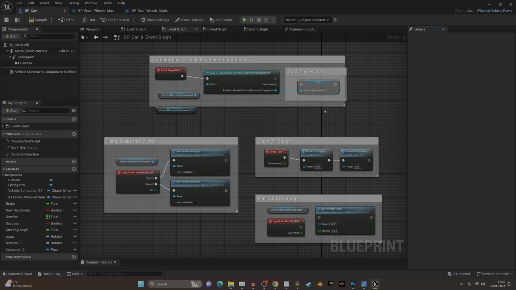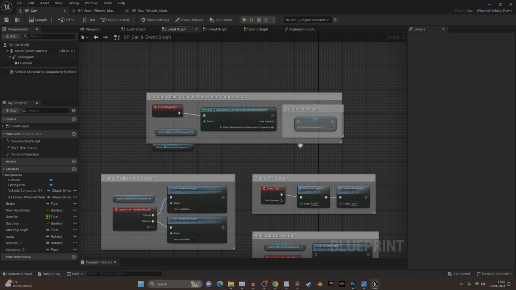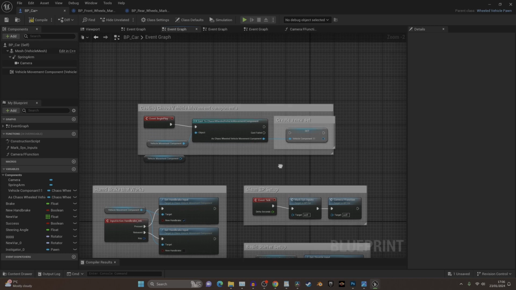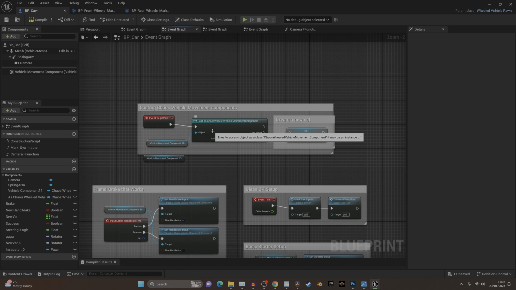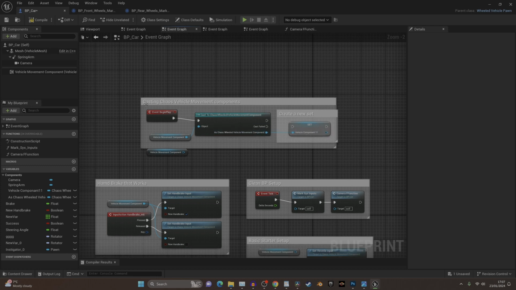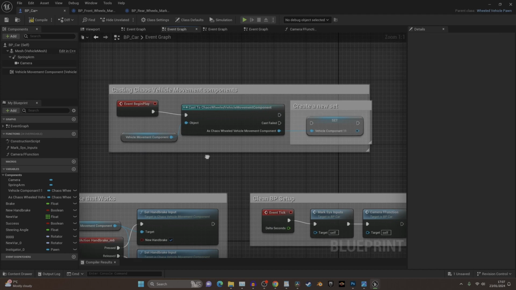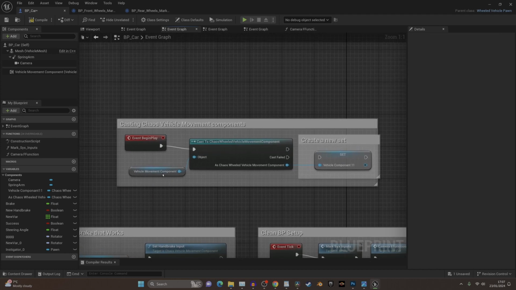Right then, people. Sit tight, it's gonna get very interesting. So what we need to do in order to get the wheel speed, like the RPM basically, we need to create an instance of our chaos wheeled vehicle movement component. So what we need to do is we need to cast our information so that we've got something to reference, basically. So if you just get rid of this, what we need to do is we need to drag in